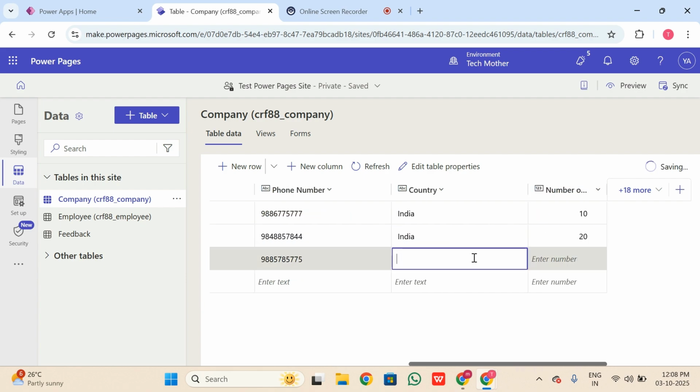Country should be India, and the number of employees 30. So in this way we have created the table with columns, and I have added some sample data.